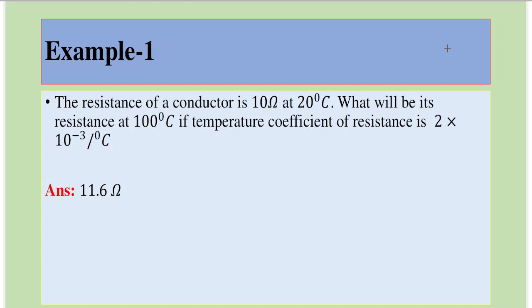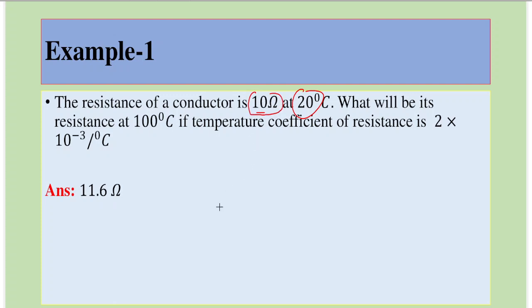Let us look at some numericals. Example 1 says the resistance of a conductor is 10 ohm at 20 degree Celsius. What will be its resistance at 100 degree Celsius if the temperature coefficient of resistance is 2 into 10 power minus 3 per degree Celsius? Now here let us take this as a reference temperature and this as a reference resistance